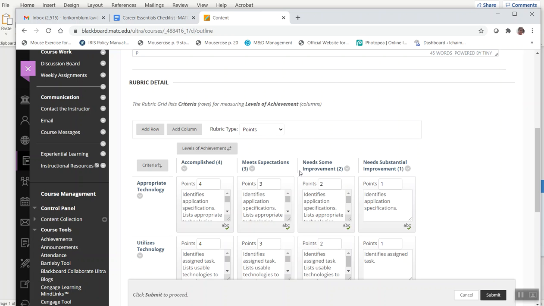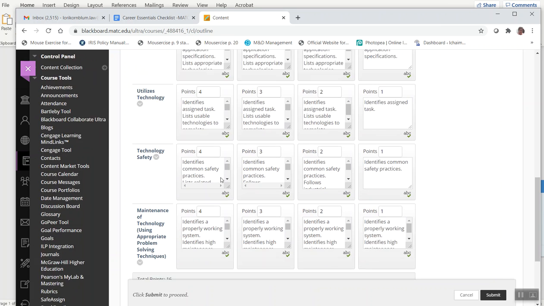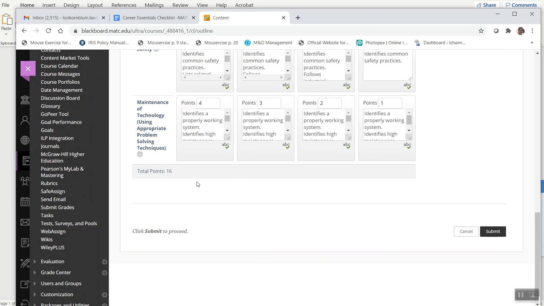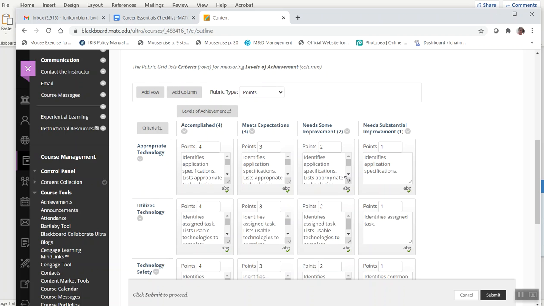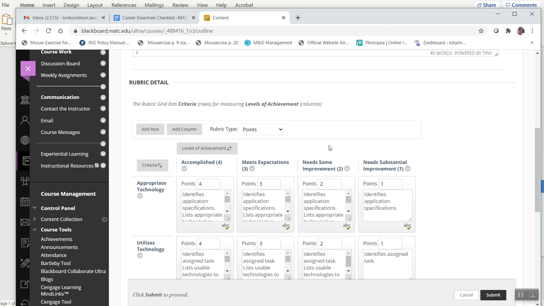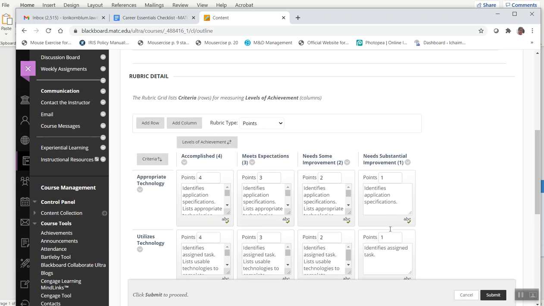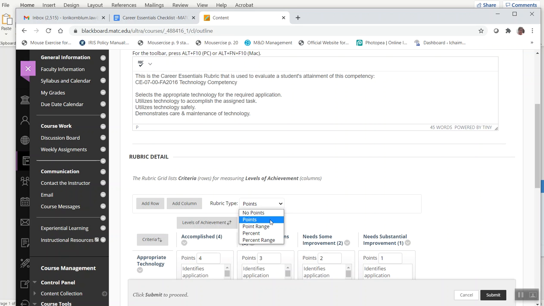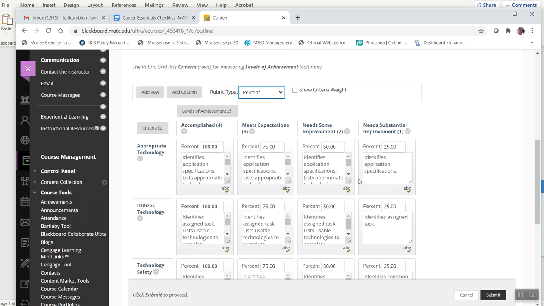If you use points, then the default is 4 points per category. For this particular rubric, that's 16 points. And that's fine if you do not want to use it to actually grade an assignment. However, if you have a different number of points on the assignment, then either you have to go in manually and change all the point levels,